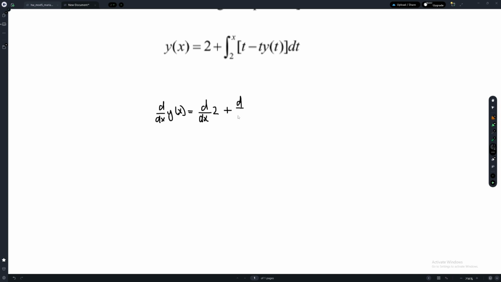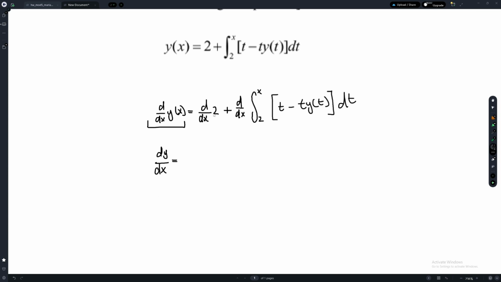Oh, that's supposed to be an x. All right, and that is written out. Now, when I differentiate this side, what does it become? It becomes dy over dx, or in other terms, y prime, same thing,